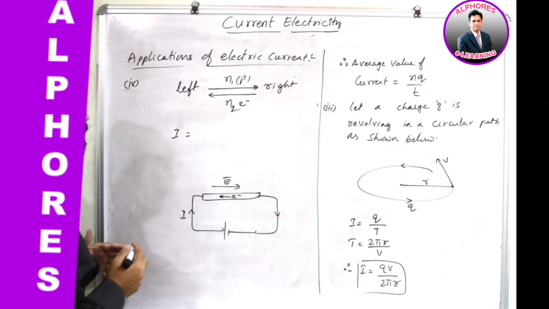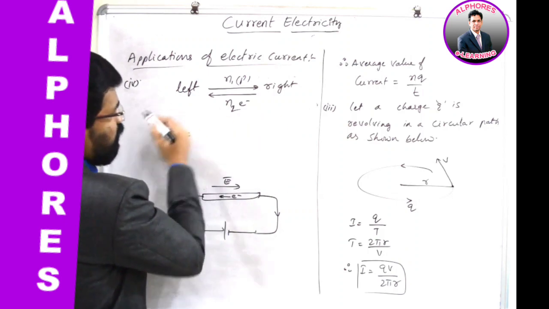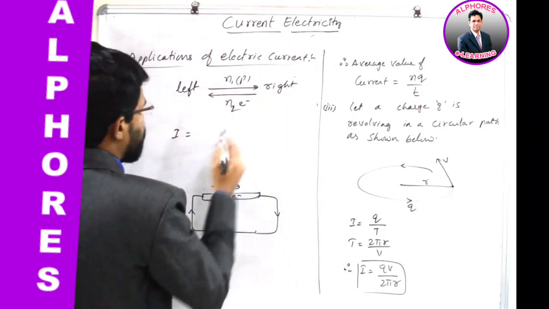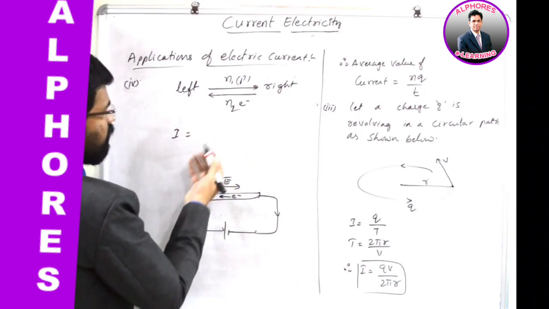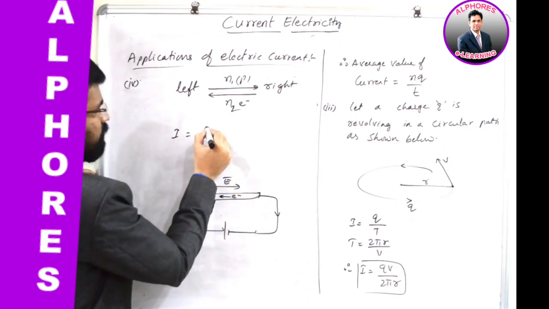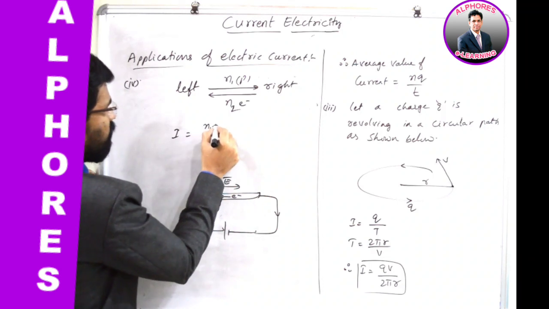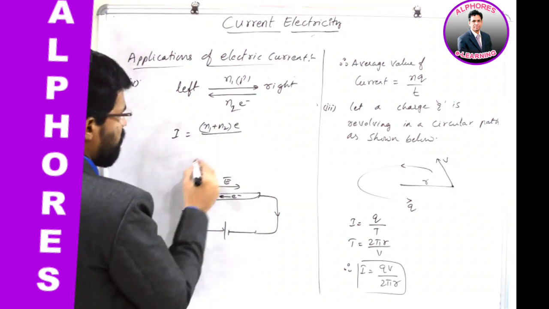So now here, look at this picture. N2 number of electrons are moving from right to left. And N1 protons are moving from left to right. Now tell me, what is the total current here? Total current is equal to total charge divided by time. So here, how much is the total charge flow? N1 plus N2 into E divided by